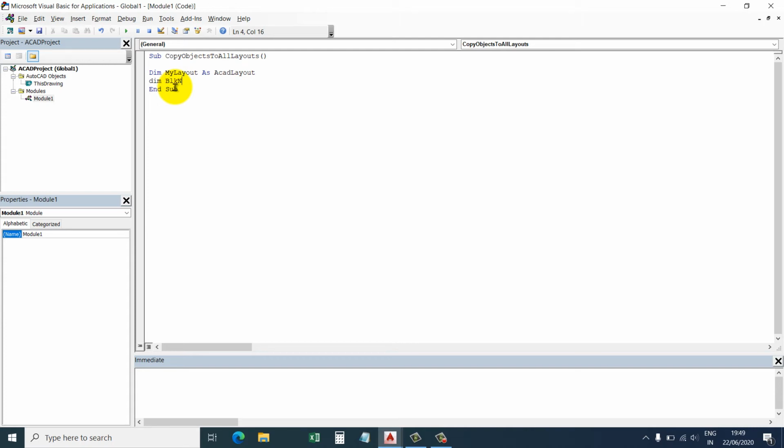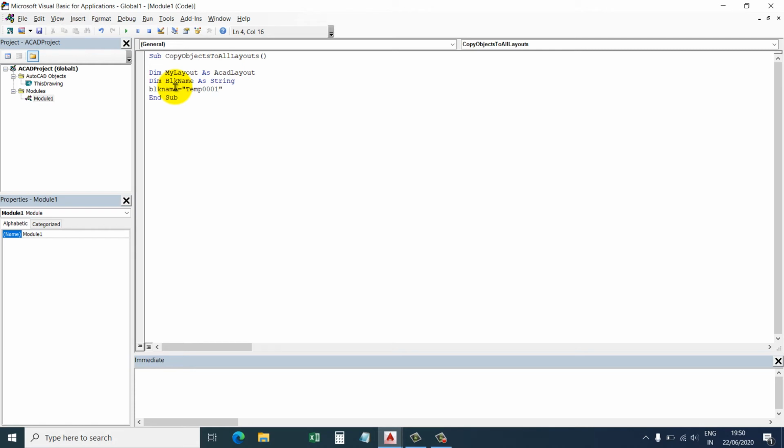So we declare the block name, Dim blockName As String. Then we will give the block name a value, which can be anything, but it must be a unique name so that it will not duplicate any existing blocks in the drawing.